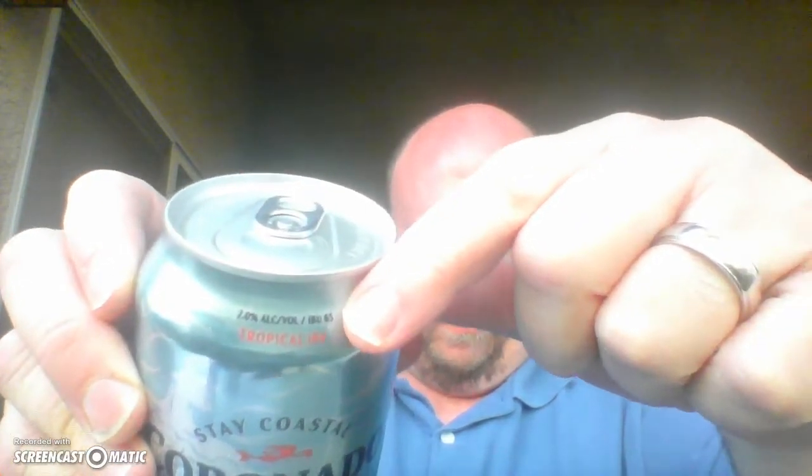But I love that they not only put the ABV right here, but if you turn to the side, also right there on the side, another ABV. Very important to put it on there. Big sticking point for me when a brewer doesn't put ABV on there. It's irresponsible. Okay, so that aside,